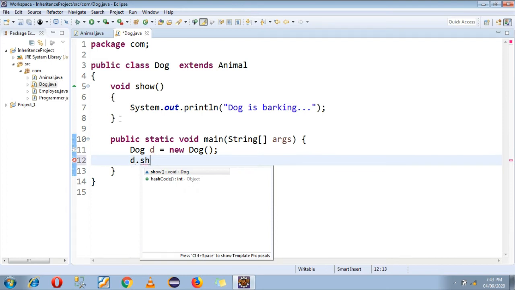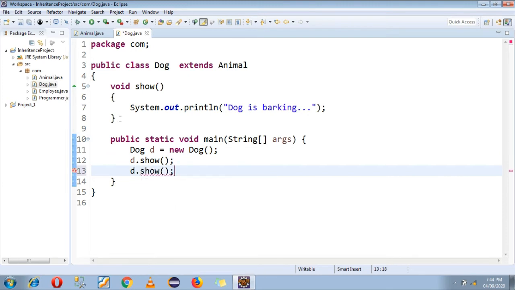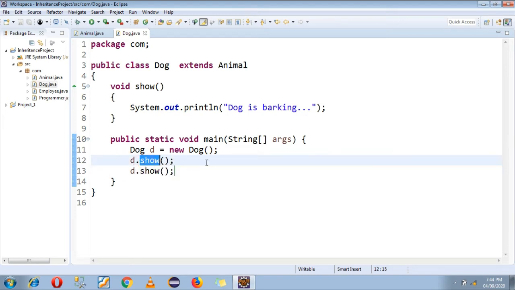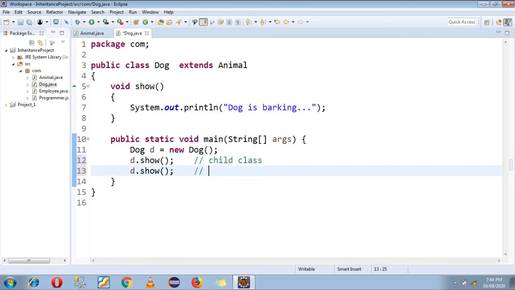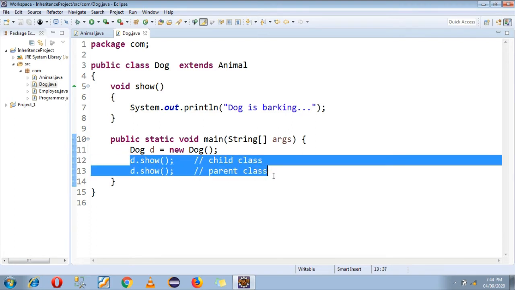So when I write this way, I am calling the show function twice, because one show belongs to the child class and another show belongs to the parent class. As per our coding, normally we can type this way, meaning the first show function belongs to the child class and the other show function belongs to the parent class.